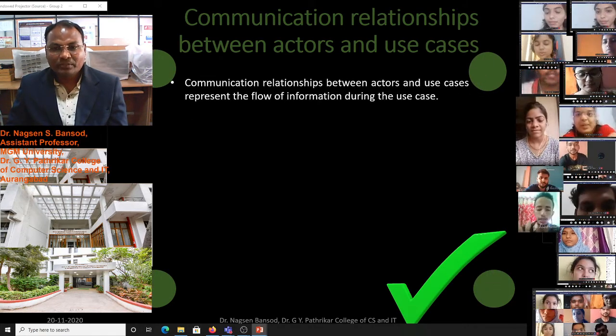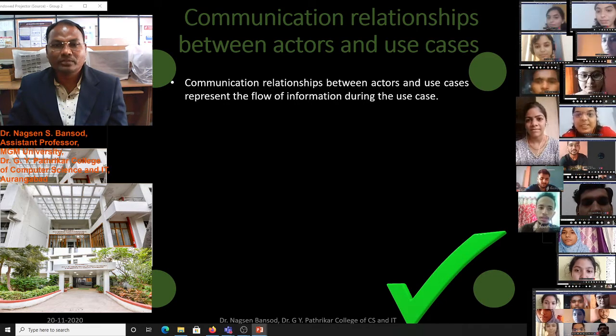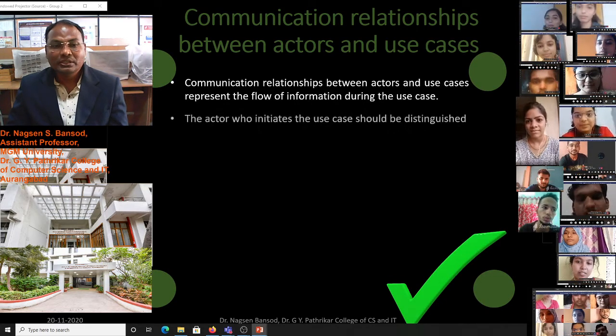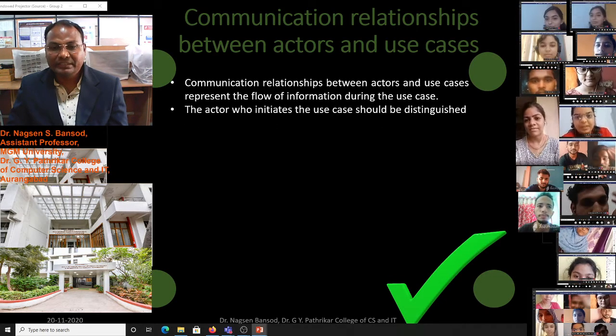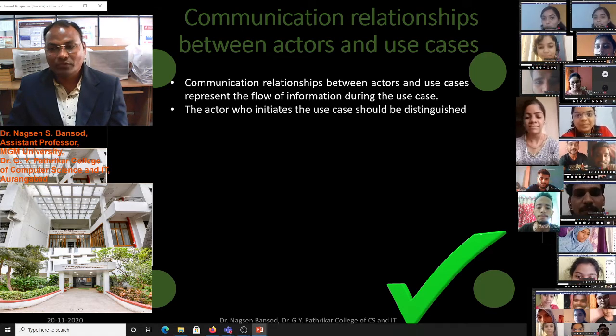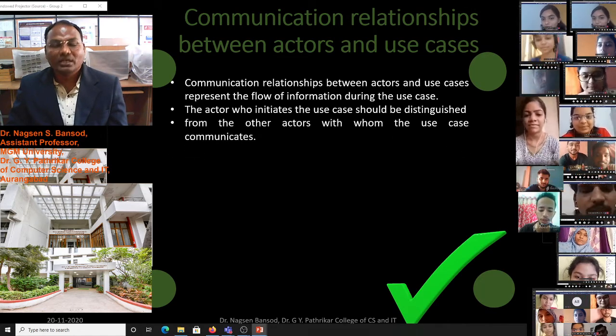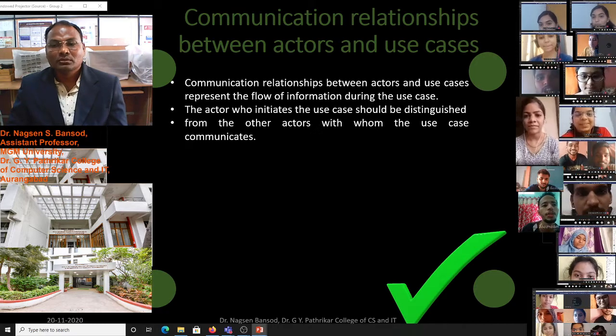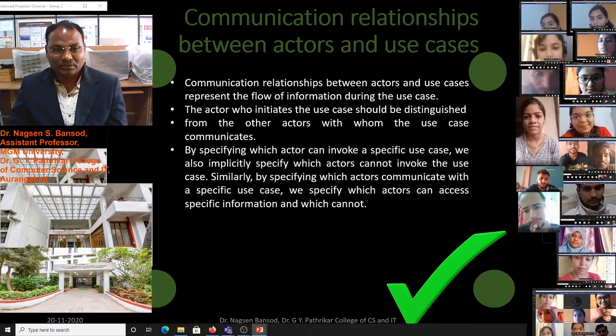Communication relationship between actor and use cases represent the flow of information during the use cases. The actor who initiates the use case should be distinguished from the other actor with whom the use case communicates.